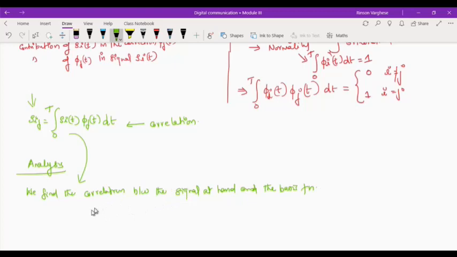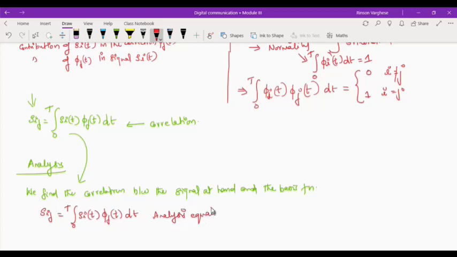Okay, that is analysis. That is, we find the contribution of each basis to the signal, or the contribution of the signal in the direction of the basis. So that is analysis. Let me write the equation once again here. S_ij is equal to integral 0 to T of s_i(t) phi_j(t) dt. This is the analysis